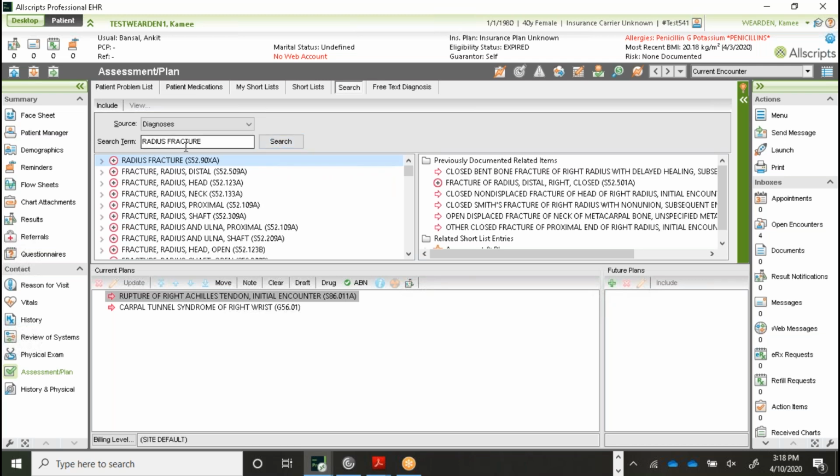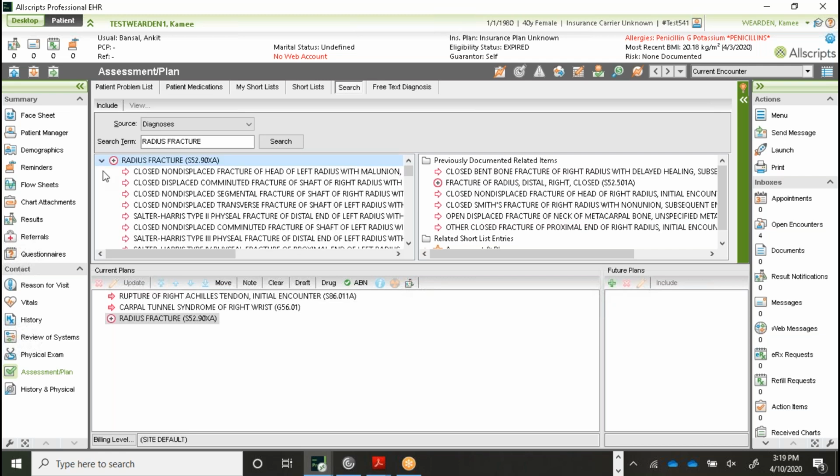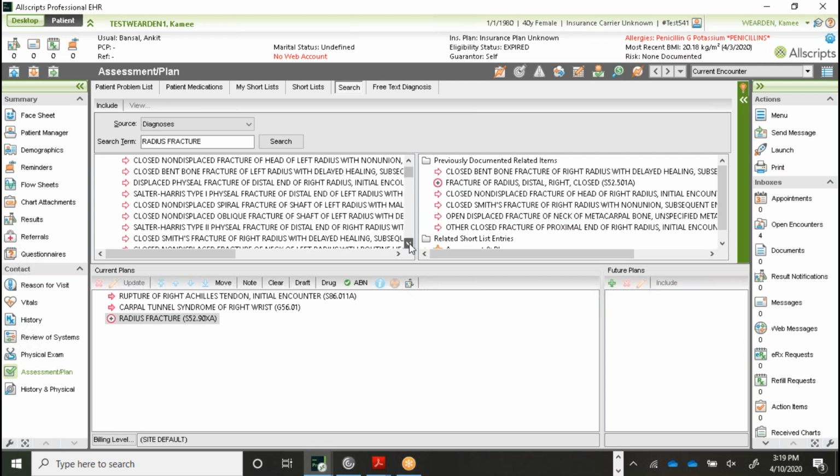So as you can see, I looked up radius fracture. We have our radius fracture here. It also goes to the 7th digit, just like our Achilles tendon does in the ICD-10 coding here. And if we click on that caret, you'll see when it expands, we have all of these options to choose from. And so it doesn't seem very reasonable to go through all of these and assume we're going to make the